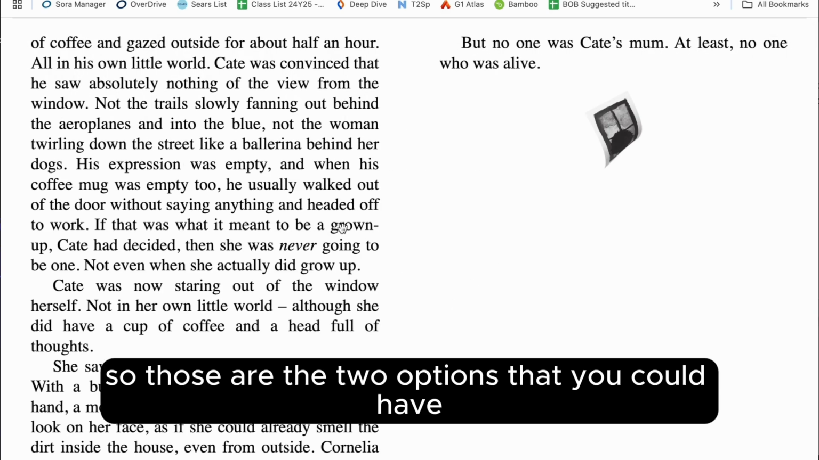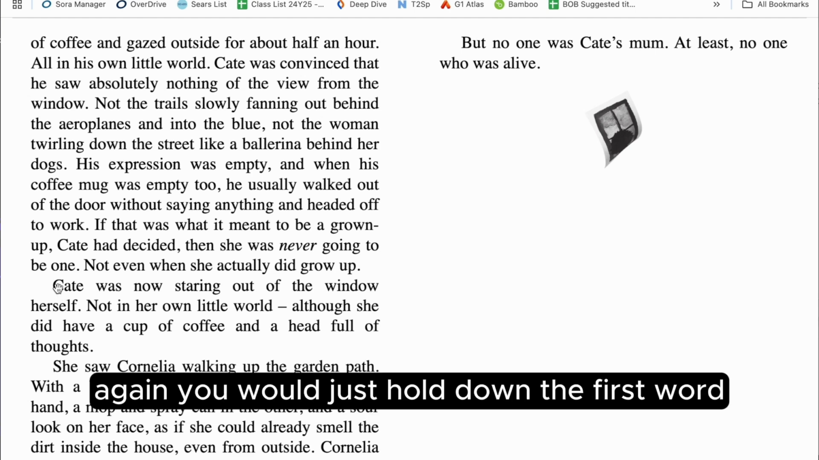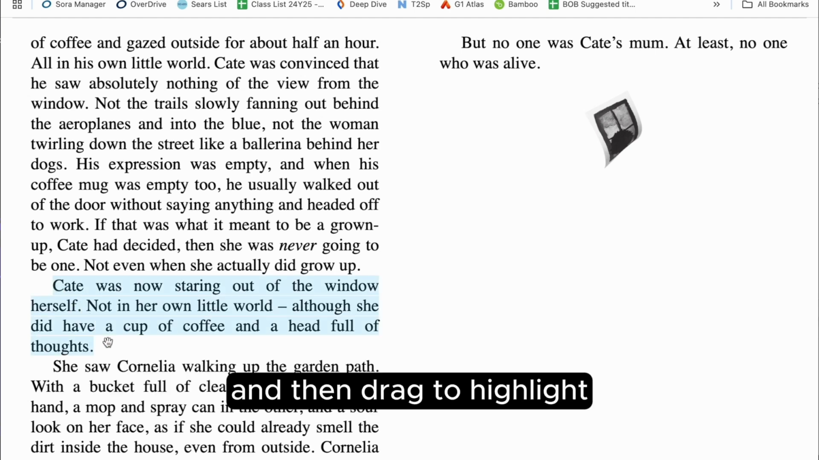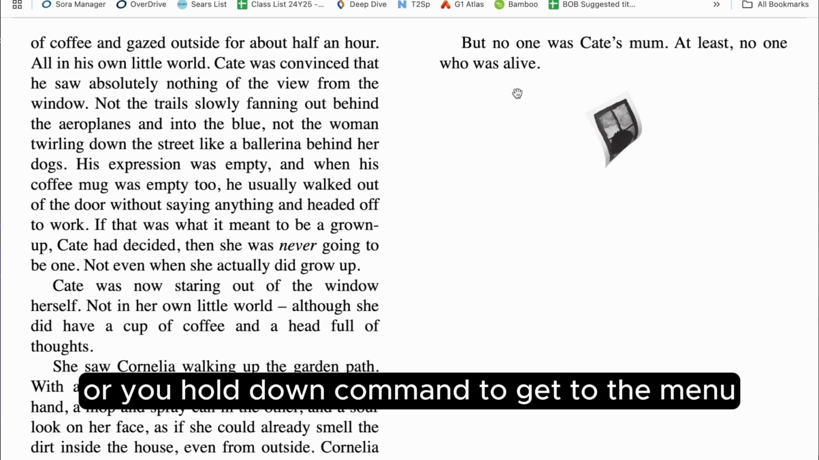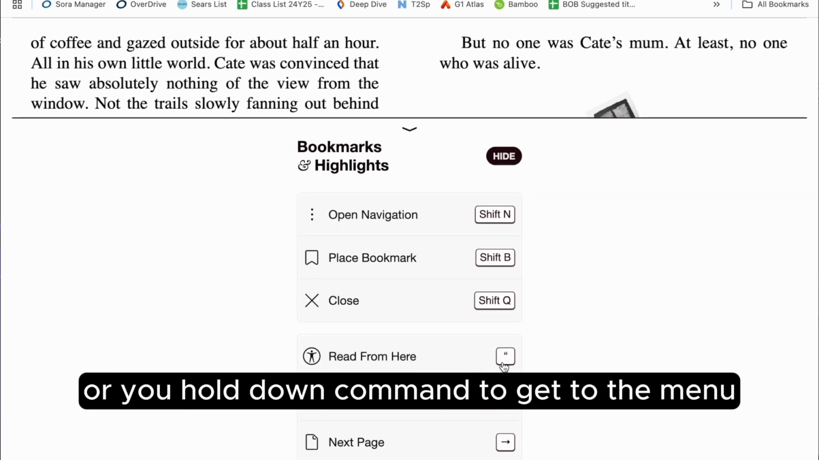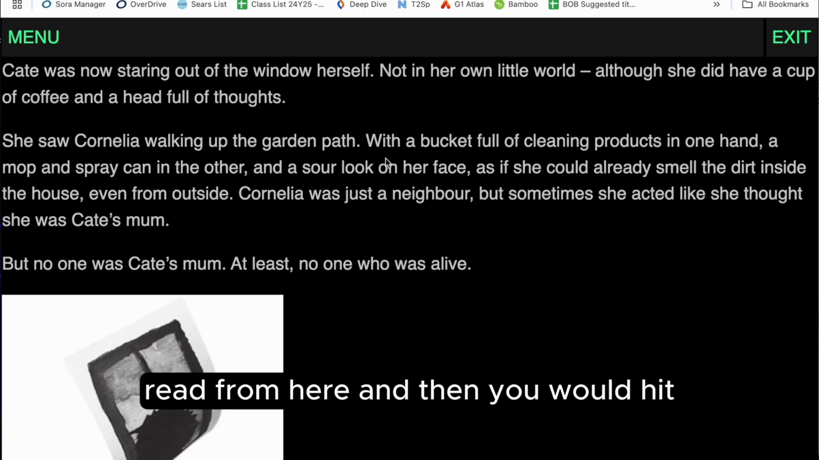So those are the two options that you could have. Again, you would just hold down the first word and then drag to highlight and then hit read to me, or you hold down Command to get to the menu, read from here, and then you would hit